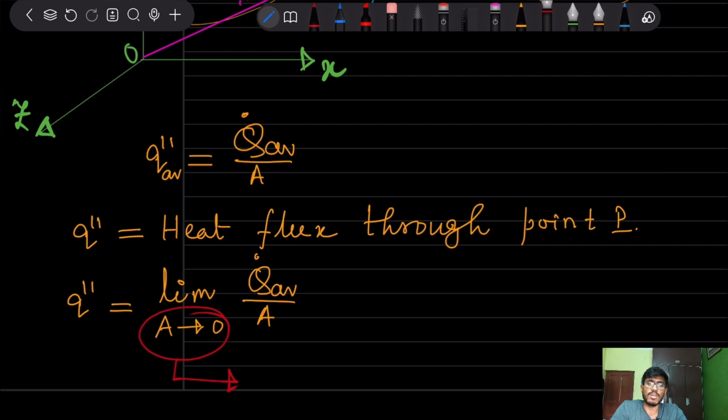You have to ensure that at any instant this A should contain the point P. Then only if you put A tends to 0, you will get the point P. Another catch is